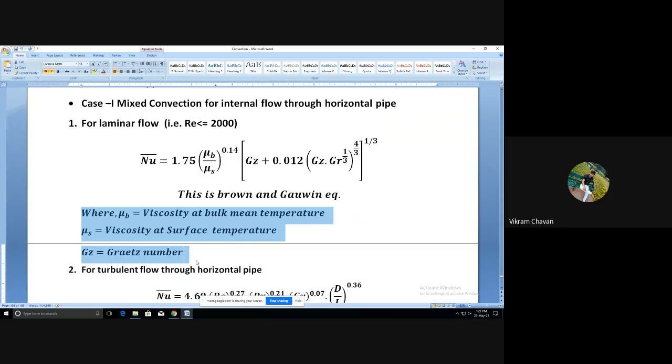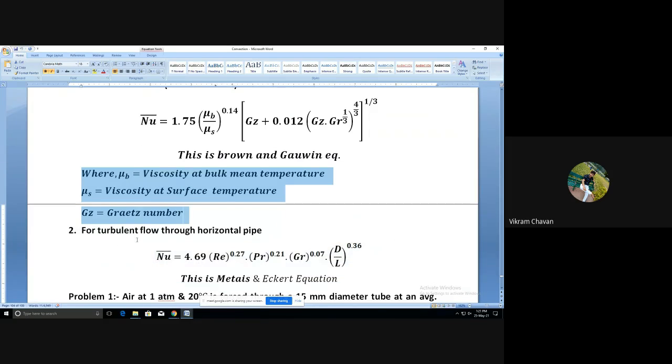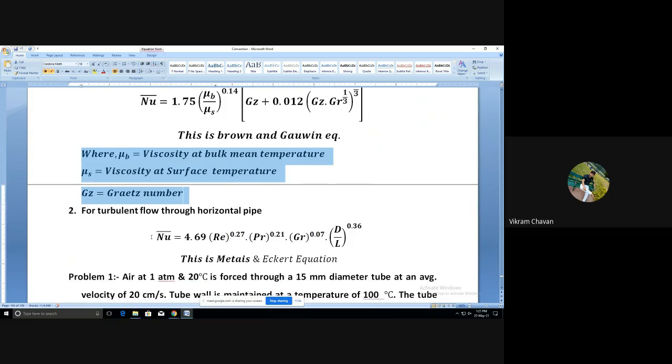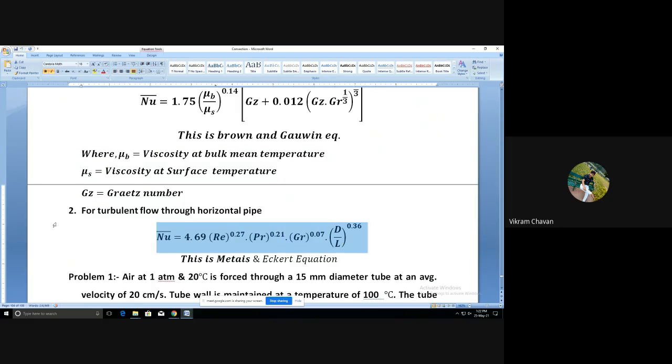Then, for turbulent flow through a pipe, we have to consider the flow as turbulent when the Reynolds number is greater than 2000. For turbulent flow through a horizontal pipe, the average Nusselt number is given as